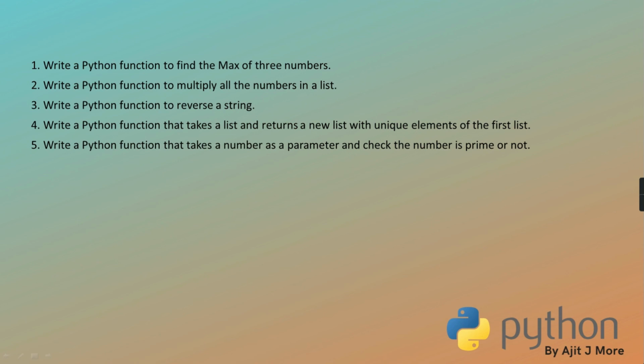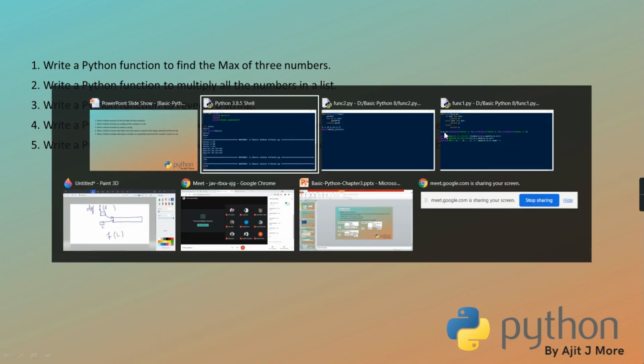Write a Python function that takes a list and returns a new list with unique elements of that list. Now here actually you can do it in a very easy way also. There are provisions given. But here as we are writing functions, we will write our own algorithms. Python says this algorithm you can also avoid because Python has already given facilities. Like if you give a list with repeated values to some library function, it returns you a list with unique values. No need to write logic also. But here we will write logic.